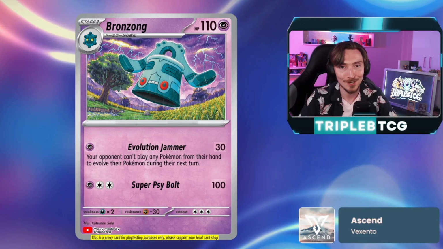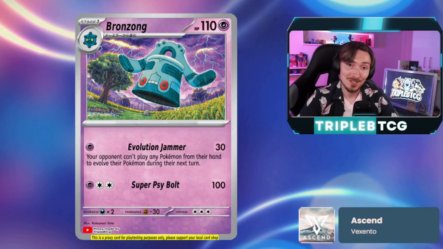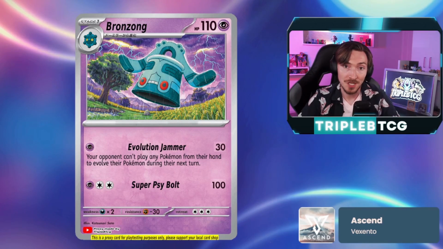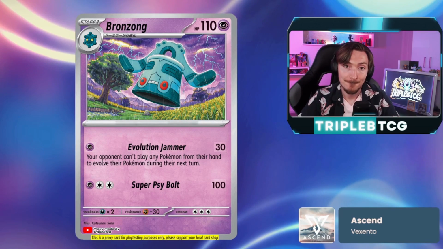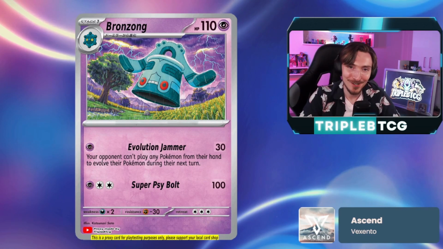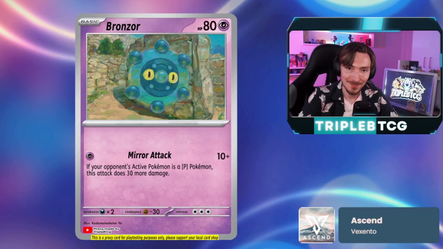The Bronzong, we talked about it before, being able to make it so your opponent can't evolve. In GLC, most things do want to evolve, and if you can get it out quick enough and just deny them that, you just win. Great card to be able to use in that format, and yeah, pretty silly. Obviously, you need the Psychic type